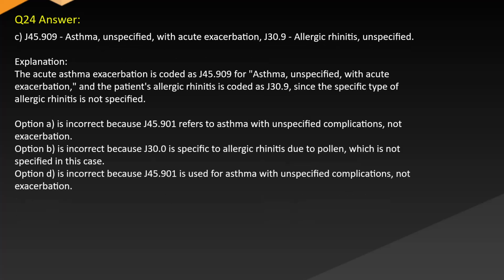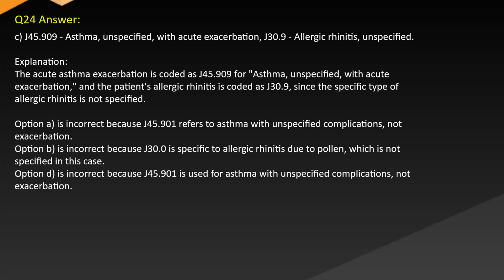Answer C. J45.909. Asthma unspecified with acute exacerbation. J30.9. Allergic rhinitis unspecified. Explanation: the acute asthma exacerbation is coded as J45.909, asthma unspecified with acute exacerbation, and the patient's